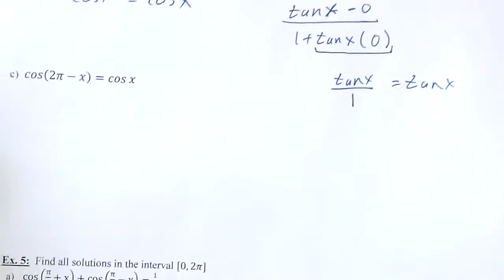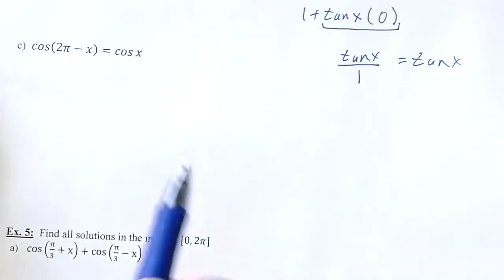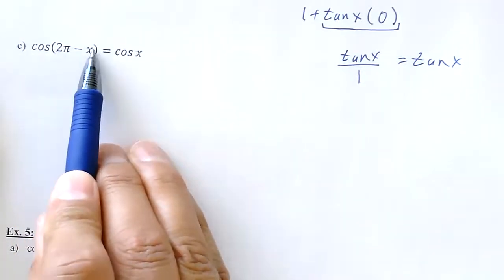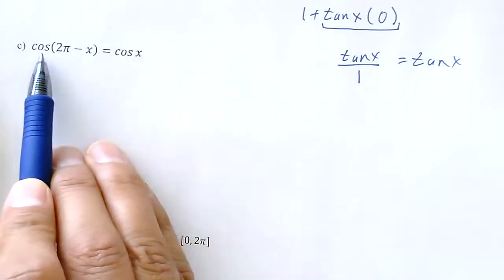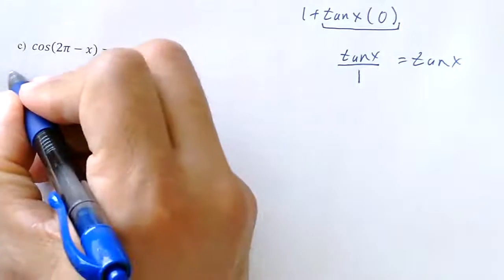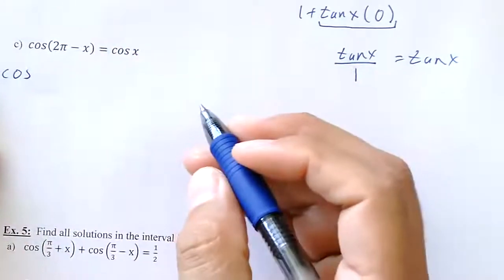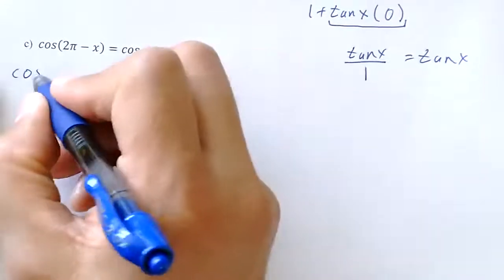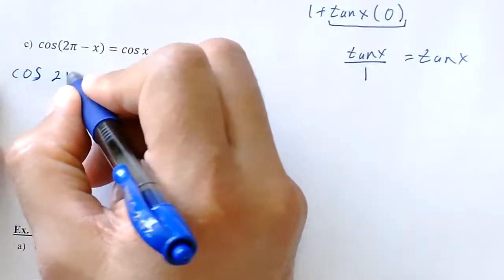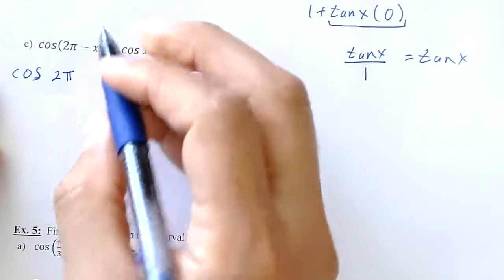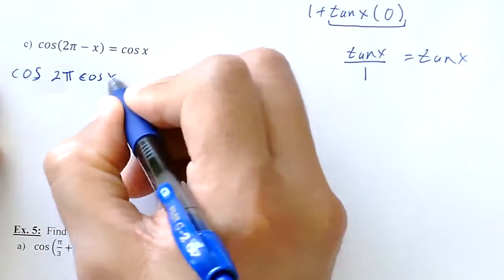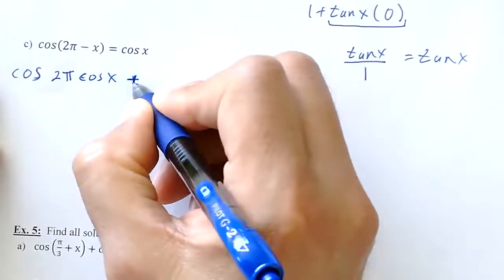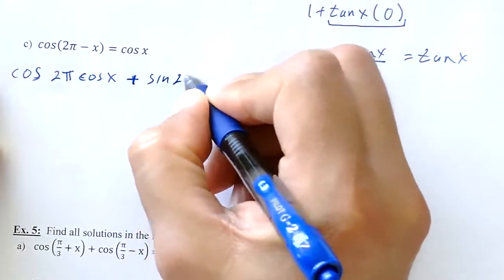All right, one more. Cosine of a difference, cosine of 2 pi minus x, and that should equal cosine of x. Again, use the formula. The cosine of 2 pi minus x should be cosine 2 pi cosine of x plus sine of 2 pi